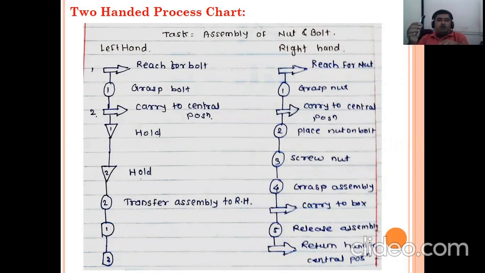You have to shift this component to the left hand like this. Take the vernier, put it here, the vernier should be in the right hand, and with your thumb and index finger, with these two fingers only, you can set the screws.